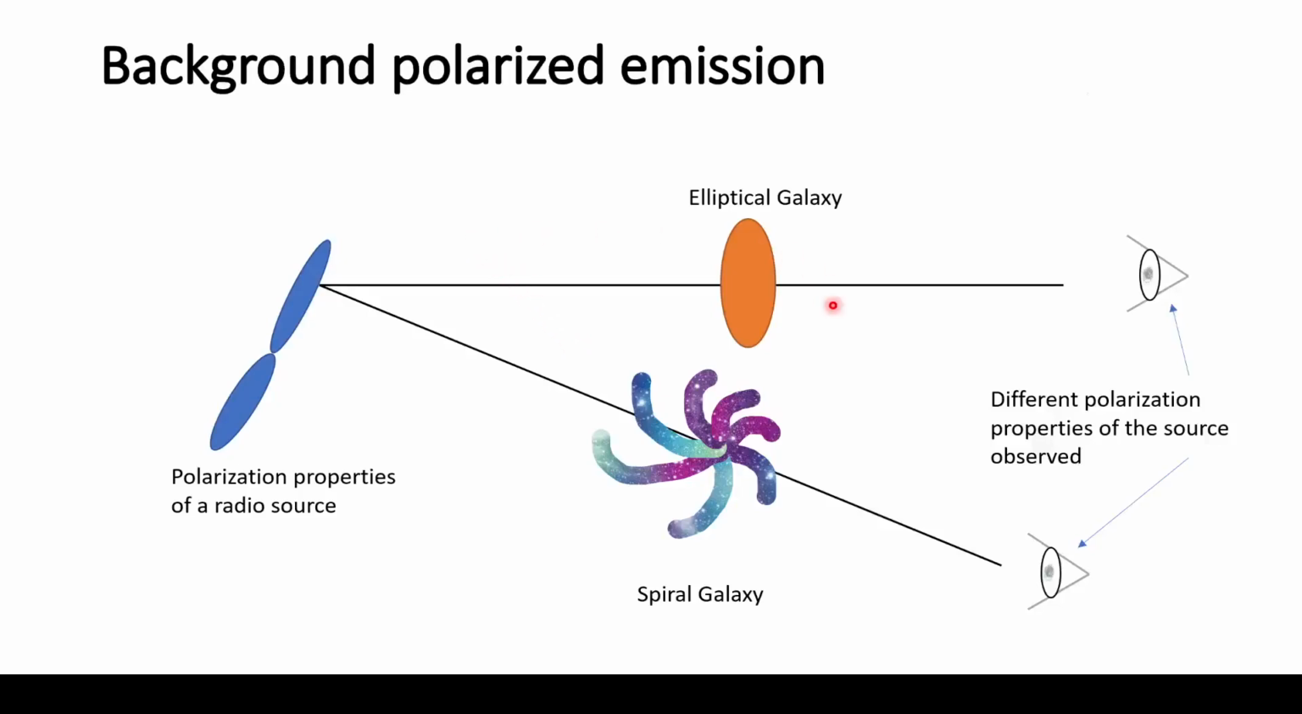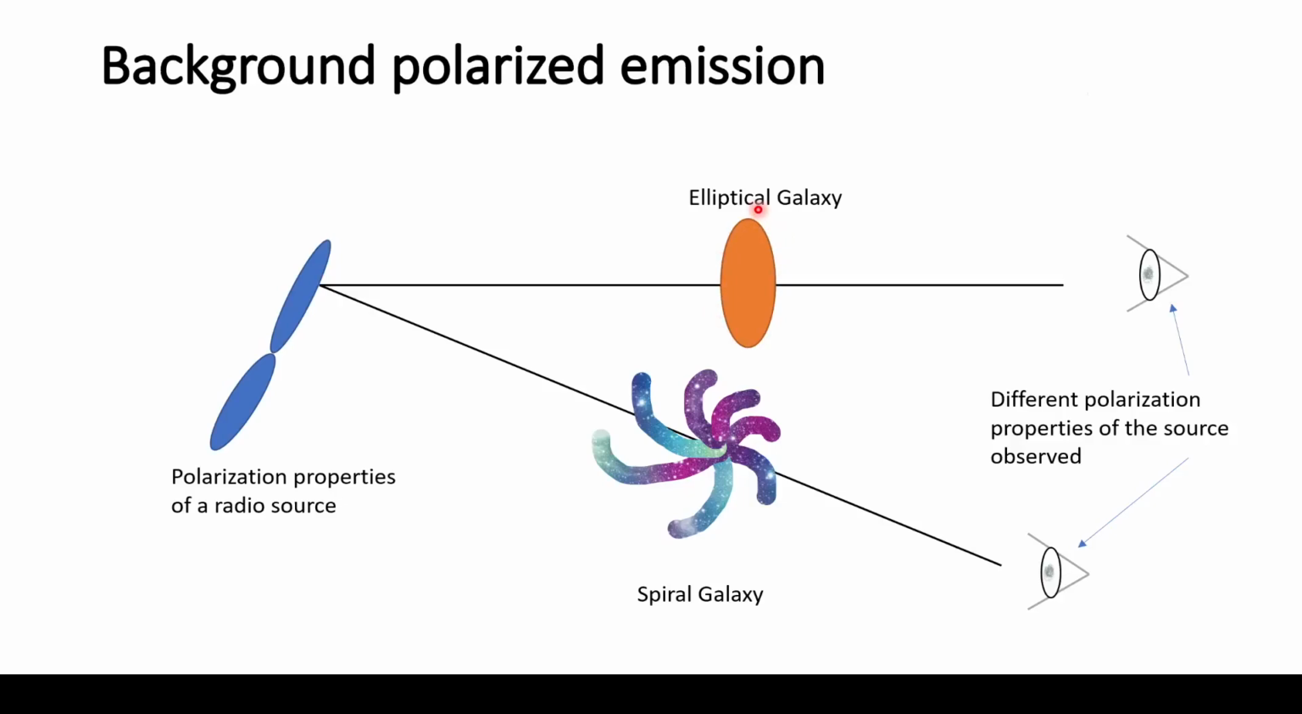We use another method, that is by exploiting the polarization properties of the polarized emission from a background radio source to calculate the magnetic fields in the intervening galaxies. Suppose two observers are at two different locations and they observe the same radio source, with the radiation passing through an elliptical galaxy for one observer and through a spiral galaxy for the second observer. Then both of the observers would report different polarization properties for the same radio source. These differences arise because of the differences between the gas density, the strength of magnetic fields, and the path length